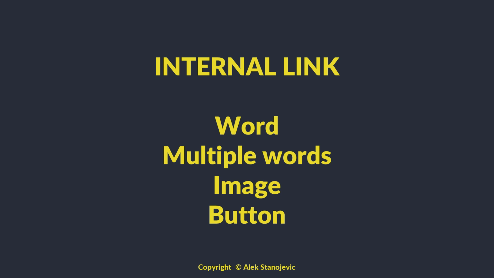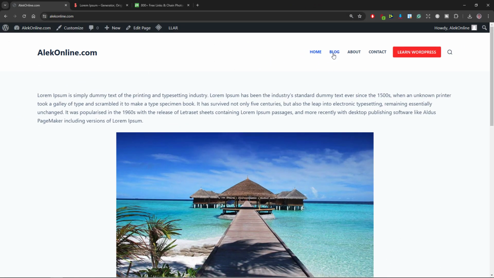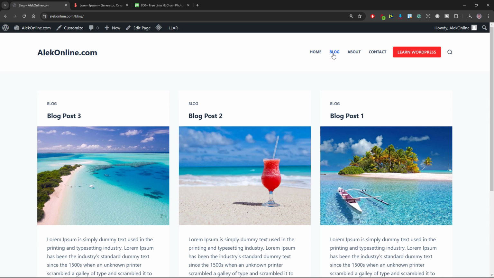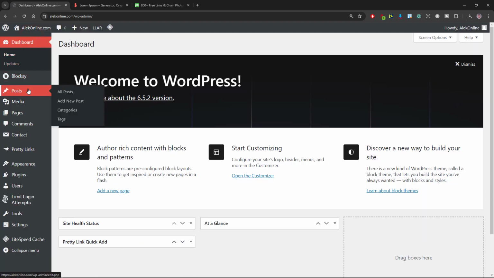As it is always best to show by example, I will use my dummy website alekonline.com, which I use for creating WordPress tutorials. If I open my separate blog page, you can see that I have published 3 posts. I will create a new post, add some text, an image and a button, and create internal links to each of these 3 posts. To do that, I will go back to my dashboard, hover over posts and select Add